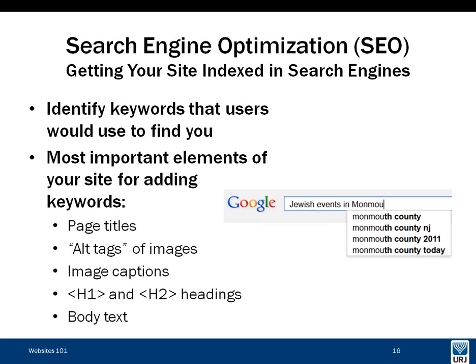Your images, you should have at least one image per page on your site, and in the code where the image appears, there's always a place where you can put what's called an alt tag. An alt tag, very briefly, is the words that will show up if somebody, for some reason, doesn't load the image onto their page. It's the words that they'll see when they hover over the image. Usually with your mouse, you'll see those alternative words appear. And it's also what